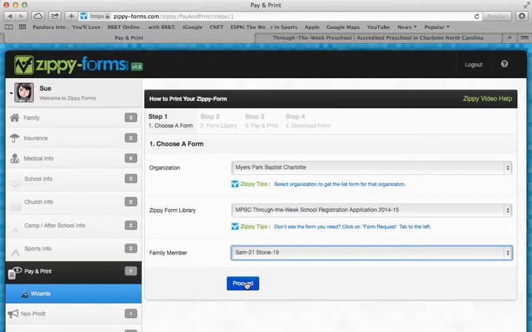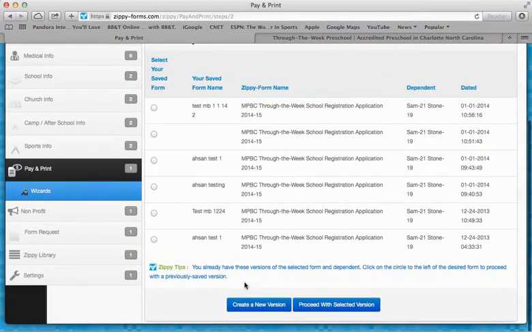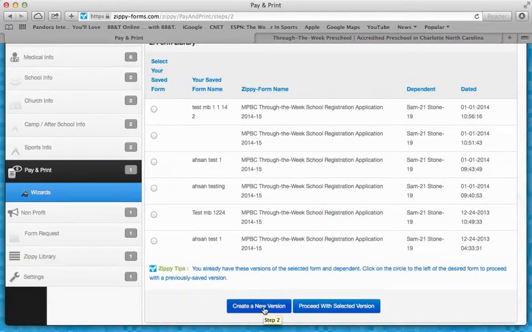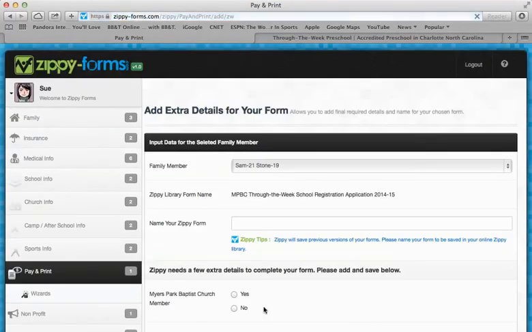This is not going to ask you to pay and print because this is my free account with my little pretend family, as I said. So you're going to miss the pay and print portion. But in this case, you put in a credit card for 99 cents. You can buy 10 forms for a smaller fee and pick your nonprofit. When we proceed, it's going to give me the chance to create my registration form, and you can see that when I create it, I can